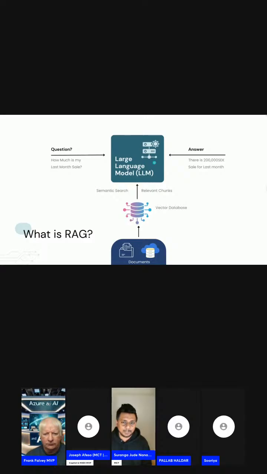It could be your GPT models or OpenAI models or Claude models. Nowadays there are a lot of large language models in the industry. If you ask a question like how much is my last month's sale, imagine you own a small business and you want to ask what was last month's sale. You can't get that particular answer from ChatGPT or Claude or Gemini or whatever it is. But